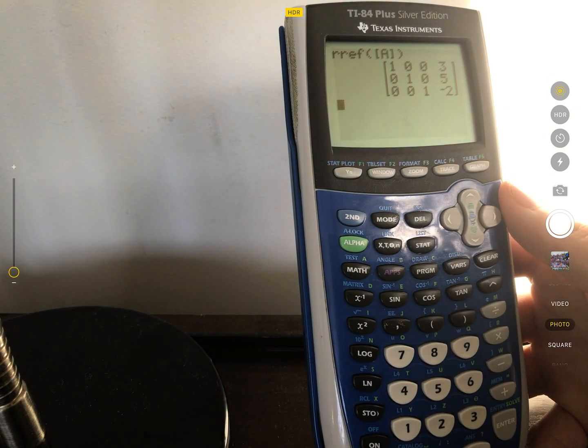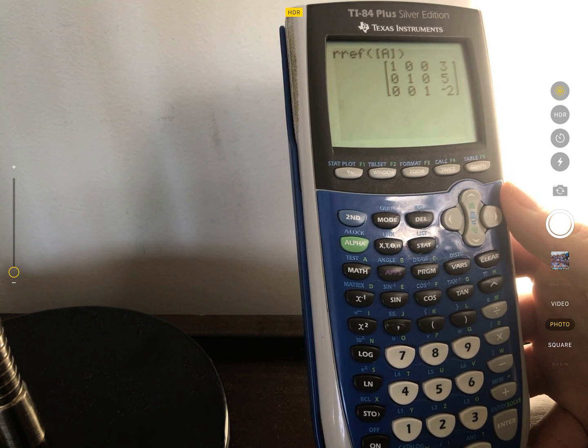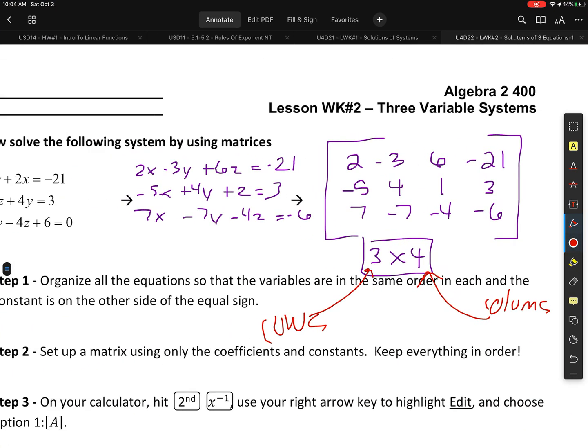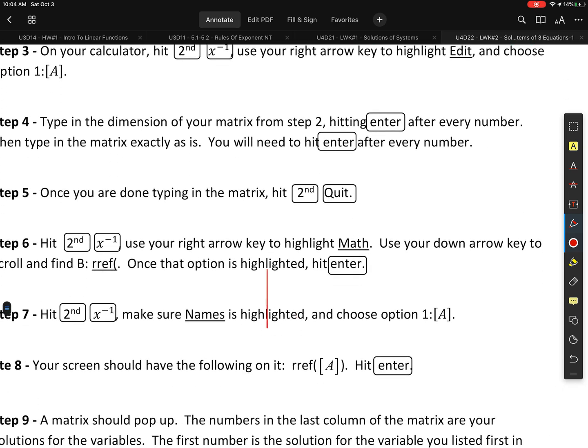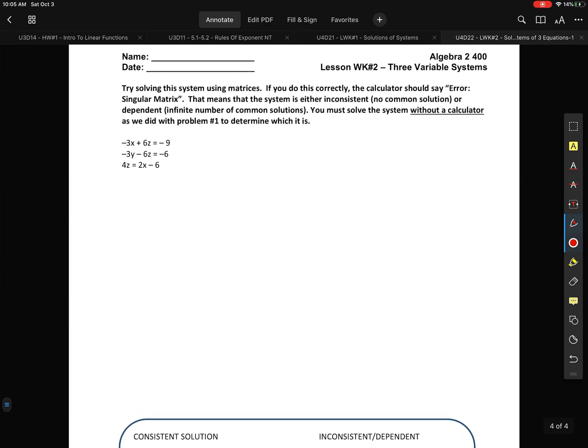All right, so on the lesson worksheet that you're on right now, there's step-by-step instructions that are pretty good. I hope this video part helps, but let's keep going. All right, so back to the worksheet. All right, so scrolling through, there's instructions. Why can't I change page? All right, there we go. All right, so